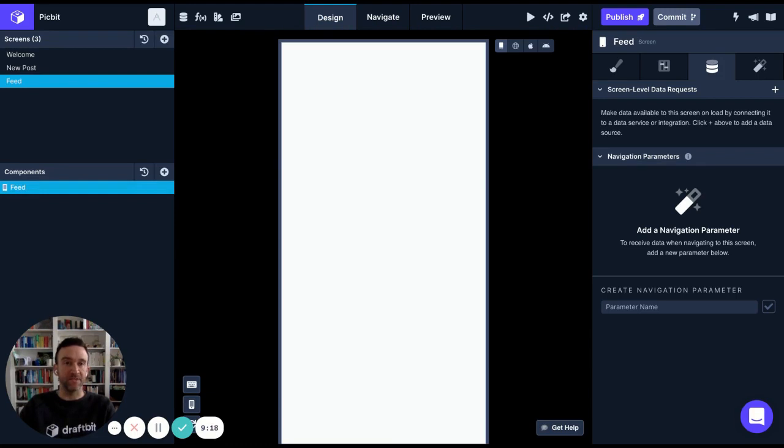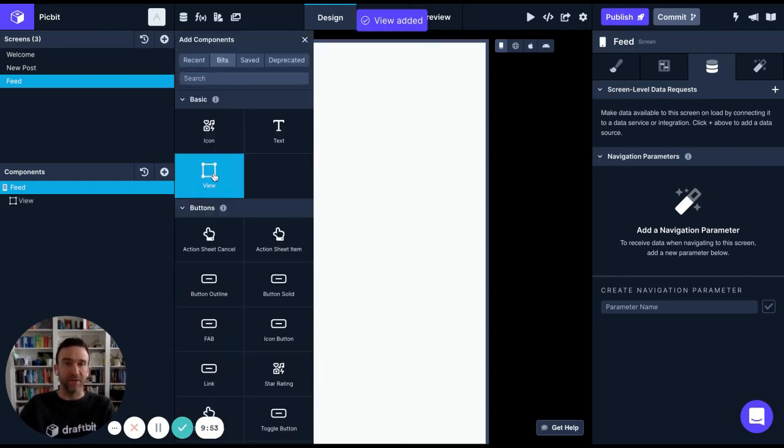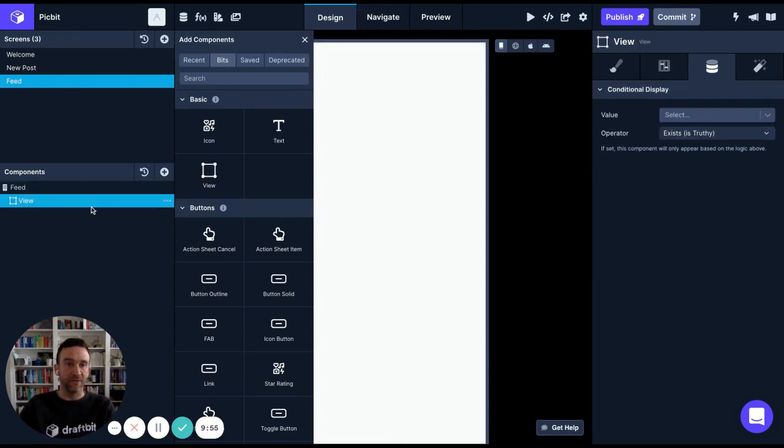And if you're familiar with Instagram's news feed screen, it's basically a list of photos with the names of the account that posted it. For this simple design and layout tutorial, I'm not going to add all of the elements like liking, sharing, commenting. Those will come in future, more advanced tutorials. So I will add a view to my screen. This view will control the individual post. And then let's add a couple of views inside of that to control the different elements within a single post.